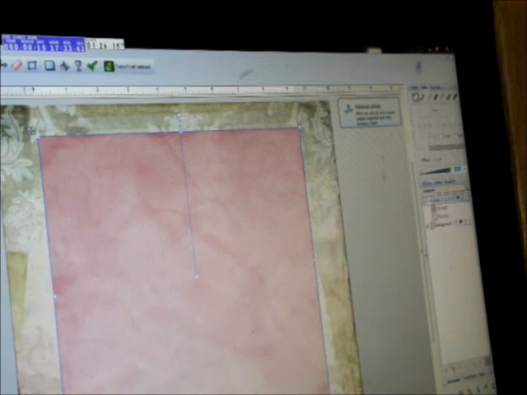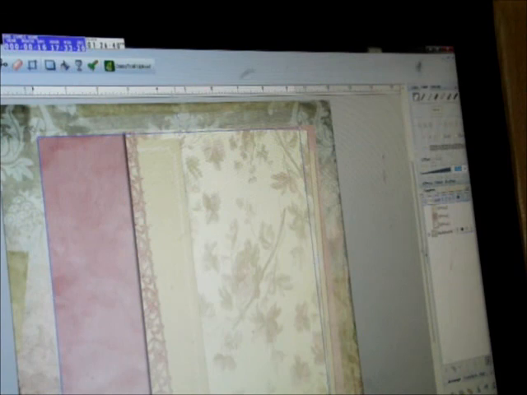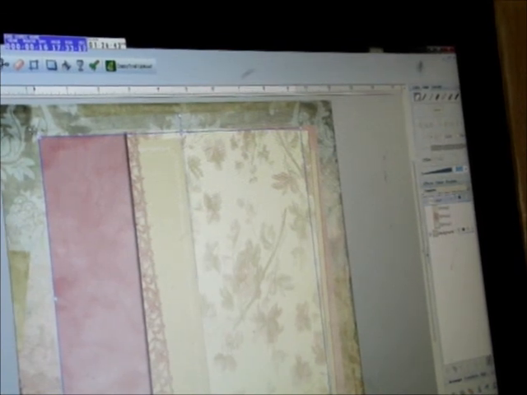This has already got the layering effect to it, so I'm not going to do the rickrack ribbon border thing that they've got here on it. I'm just going to add a shadow because the paper is already layered for me. Doesn't that make life easier? And I'm going to add